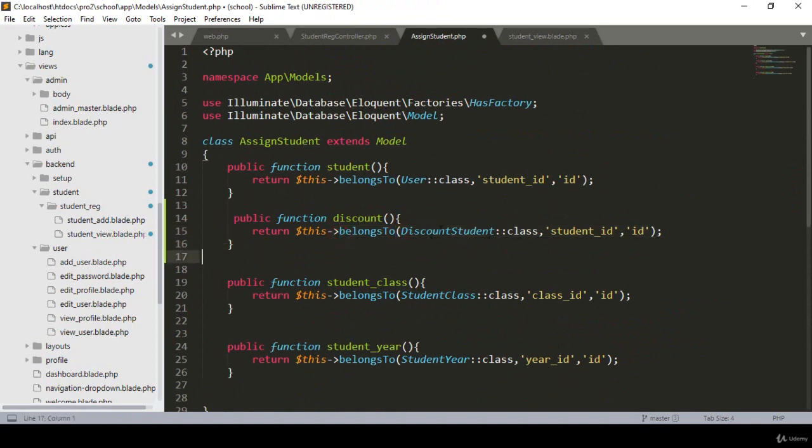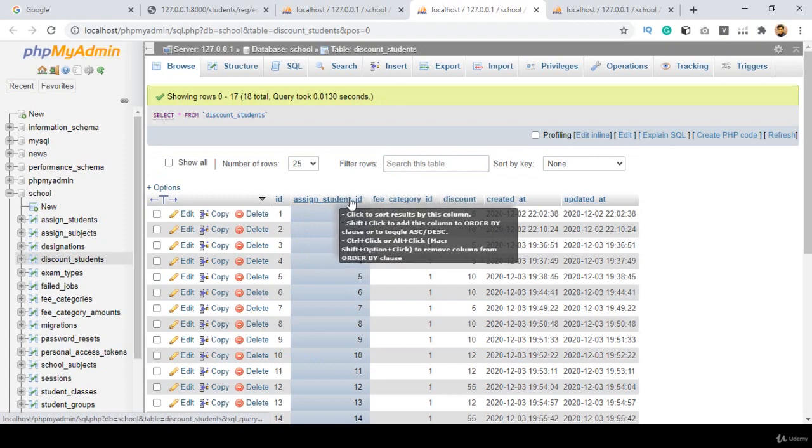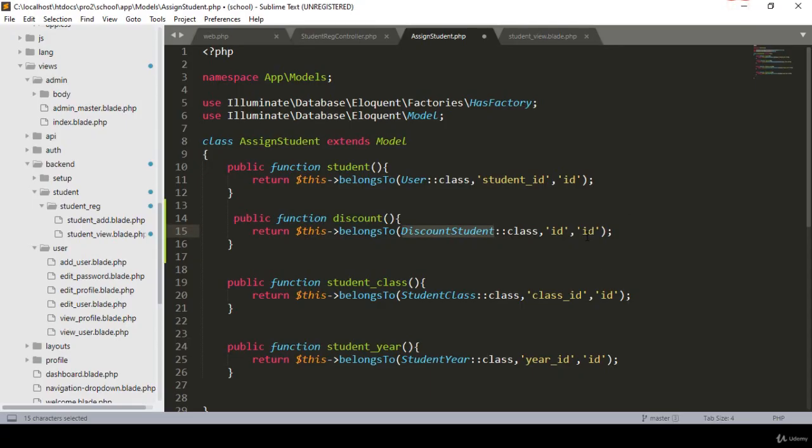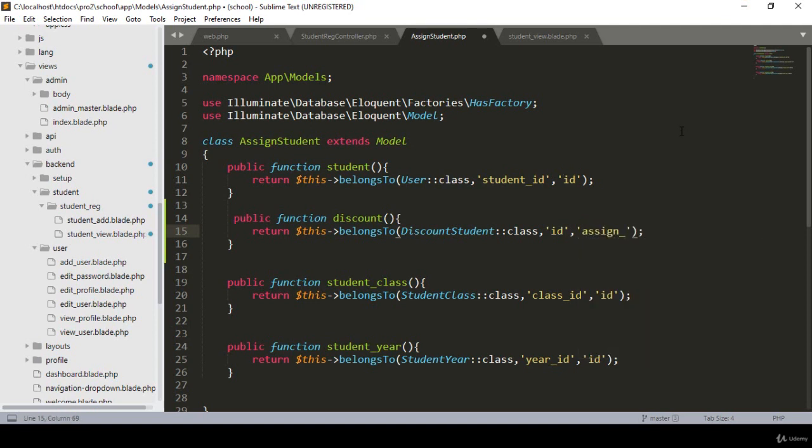Okay, so in the discount student, as I told you, I have to simply reverse this same condition. That means our assign student table ID will be matched with our discount student table. In the discount student table, that is actually our assign student ID, right? Perfect. So now I only want to update this part as assign underscore student